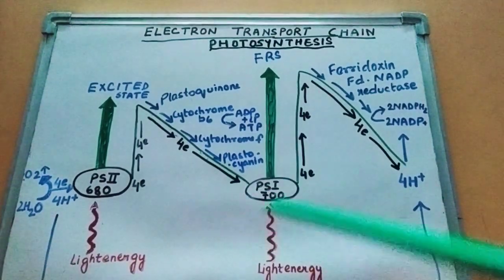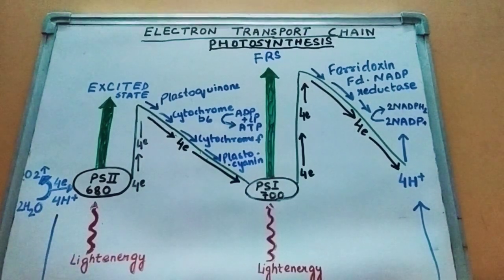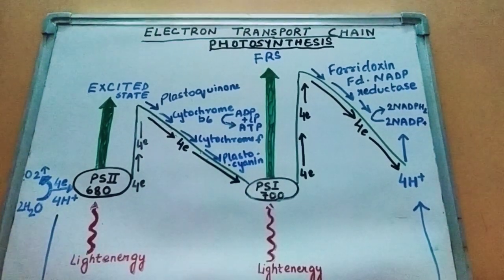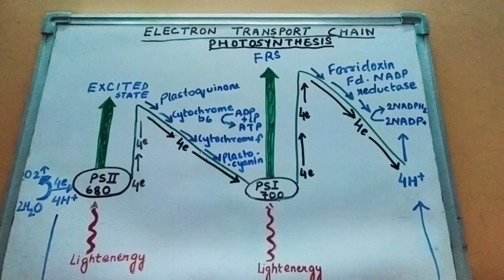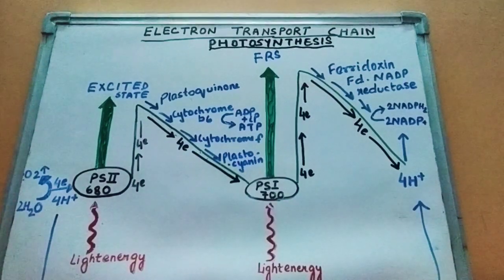So in this way, the electron transport chain, along with PS1 and PS2, gives rise to two most important energy molecules, that is ATP and NADPH2. These two molecules are then used in the next cycle called the Calvin cycle or the dark reaction, where glucose is produced. In the next video, I will be coming with the difference of PS1, PS2 and cyclical photophosphorylation and